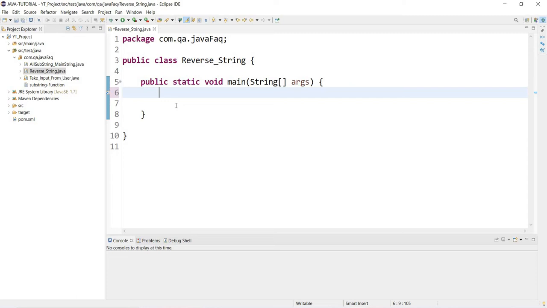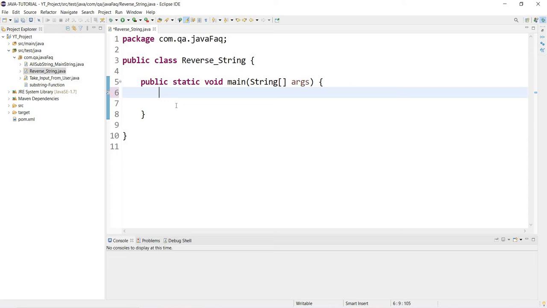We have to use our own logic to reverse the string. Whereas the StringBuffer class is a mutable class in Java, so it has a reverse method.